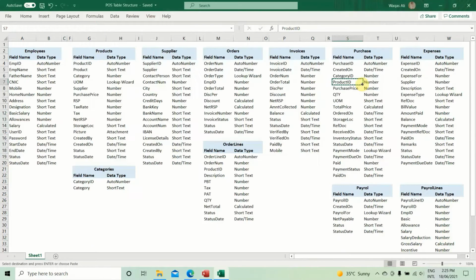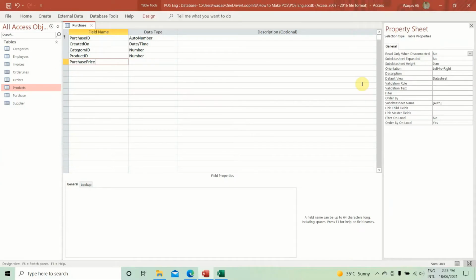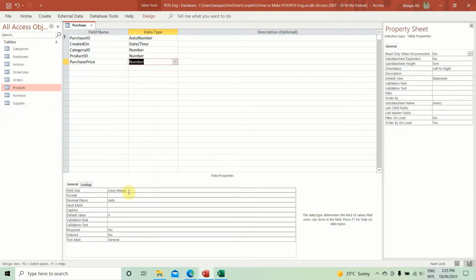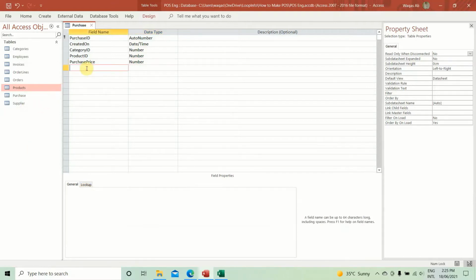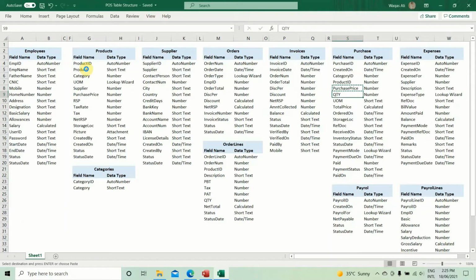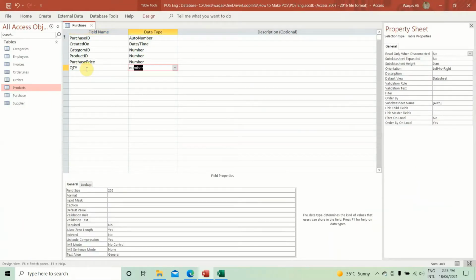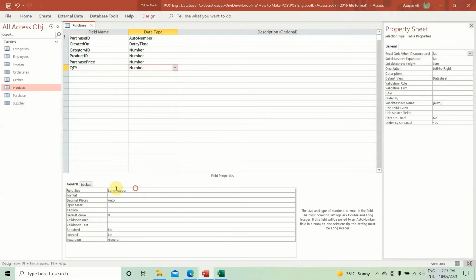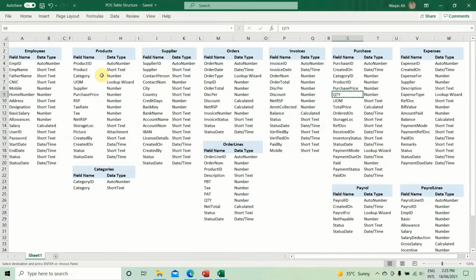So number field, data type. Purchase price, this will be number. This is about money and price, so we're going to keep it as number. Okay, standard, you know this whole thing that we have done in the previous table as well. Quantity would also be in number, of course, and let's keep that as double. All right,